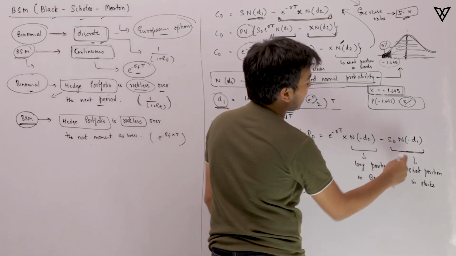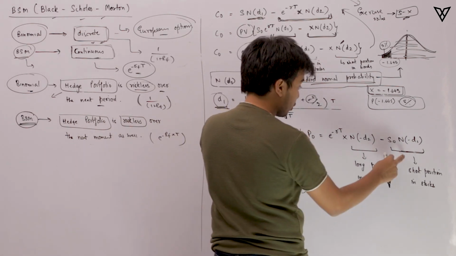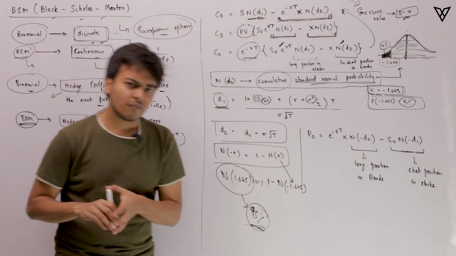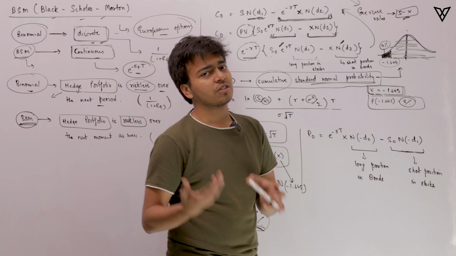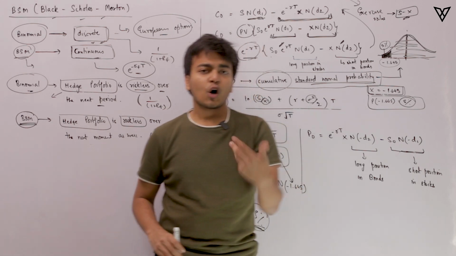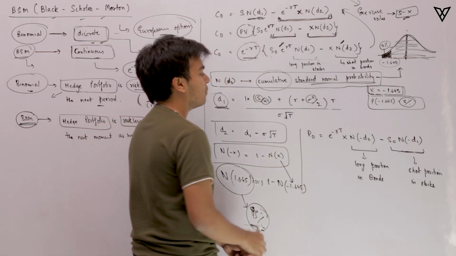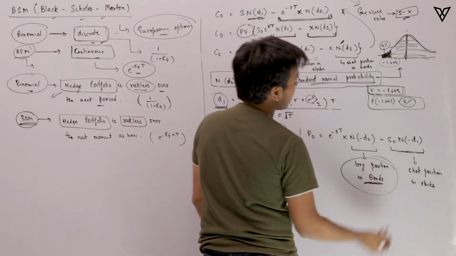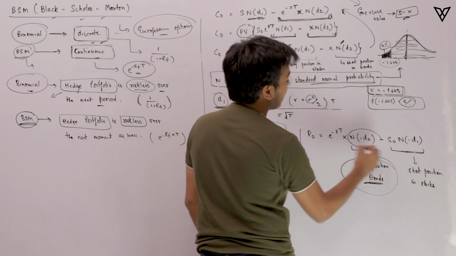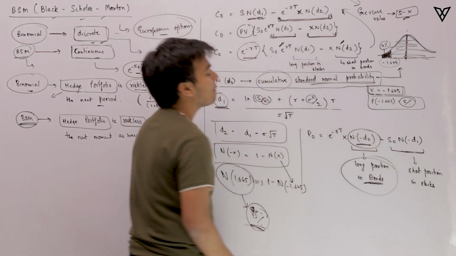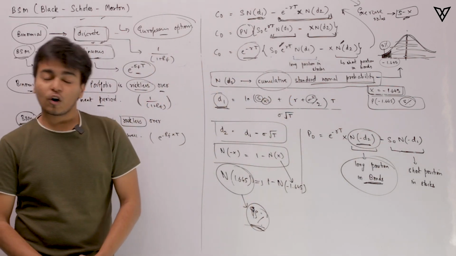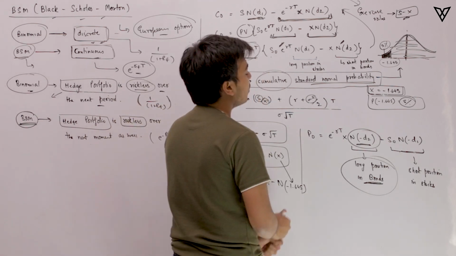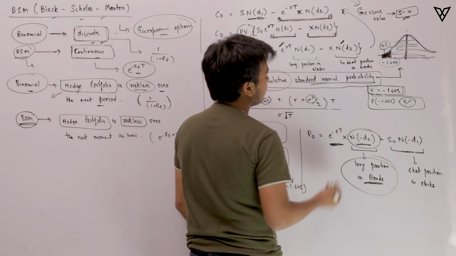Once we make the short positions, we get money, and since we are getting money, what do we do with that? We invest it. Where do we invest it? We invest it in the risk-free asset class on a continuous time basis. So you are taking a long position in bonds. How many bonds do you need to take? Again, that would be given by N of minus d2, and this is nothing but the present value of the same.